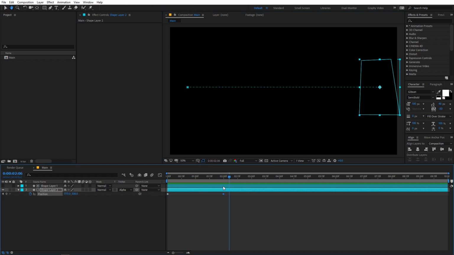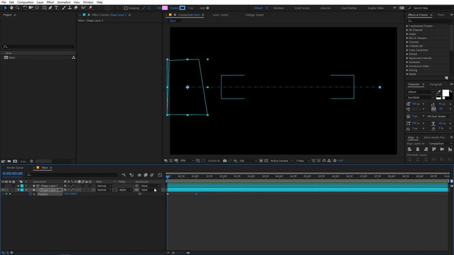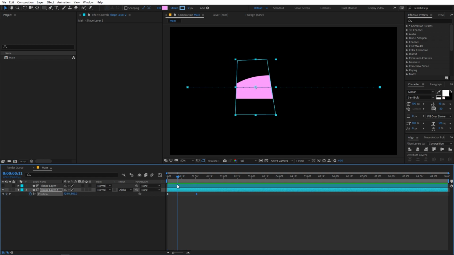something like this, or you can maybe move it to somewhere around 1 second. Yeah, I think this is looking much better. So it's completely up to you. You can just simply duplicate it and just make it go one more time. It's totally up to you. So yeah, I think this is looking fine.